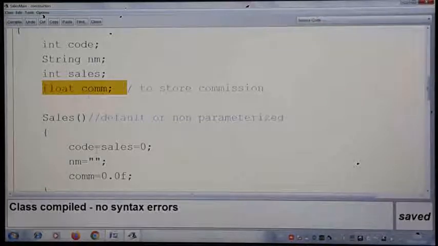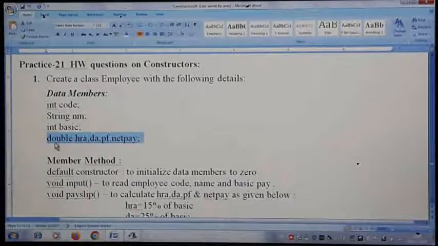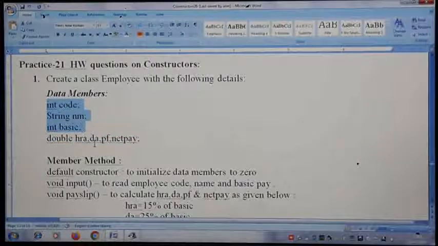But sometimes in the question itself they will give you the extra variables inside the class. If they have given them in the question, fine; otherwise you have to take care of declaring the extra variables. If you see this question, code, name, basic are the input fields; HRA, DA, PF, net pay you have to calculate, but that also they have given along with the question. So no need to worry about declaring anything inside the method.